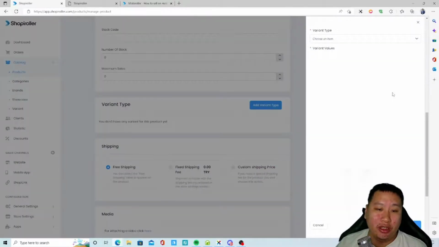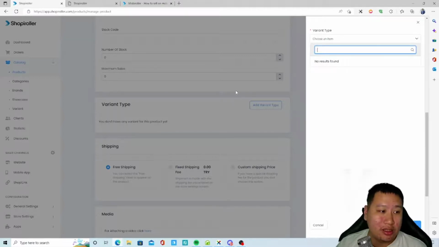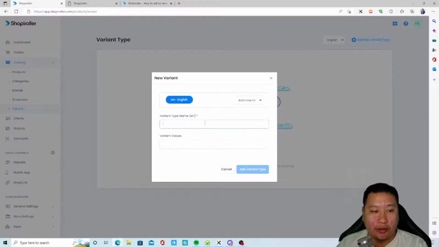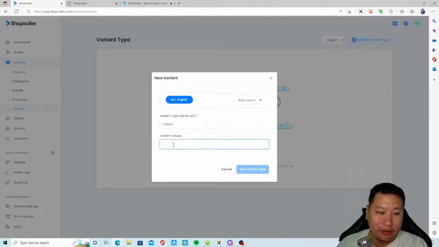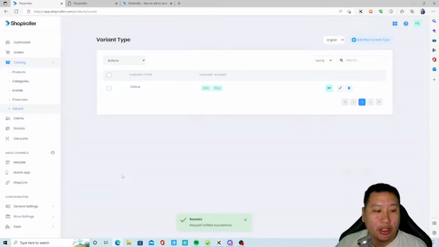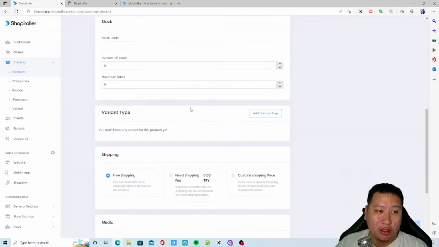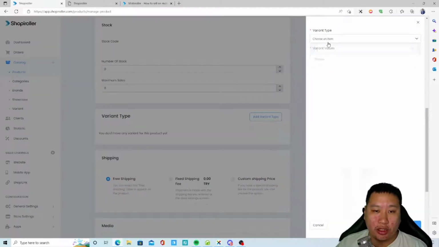And then the variant, so you can create different variants of the product. But I guess you've got to create a variant type first. So you can have, let's say, color, and then you have red. Oh, so there you go. So red, blue, something like that. Okay, and then we have that variant so that we can create the variable product. Okay, and create that variable product. And there you go, you have the variant value. So I don't think that this is an efficient